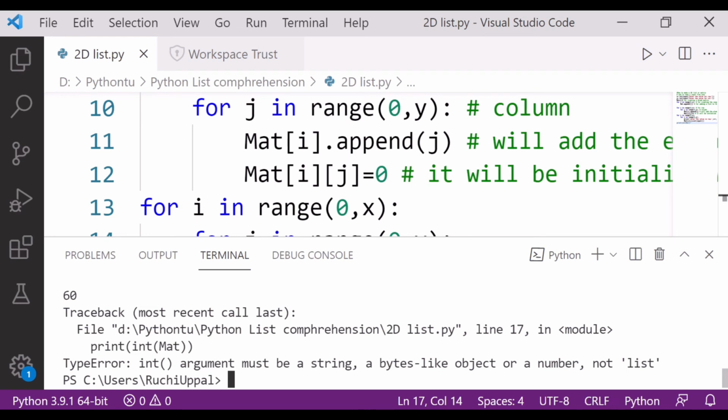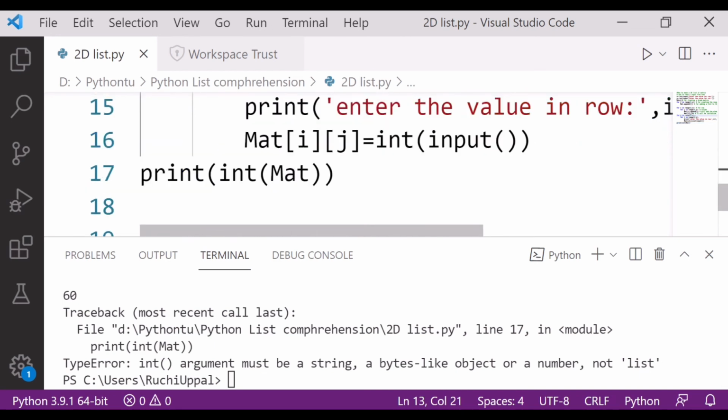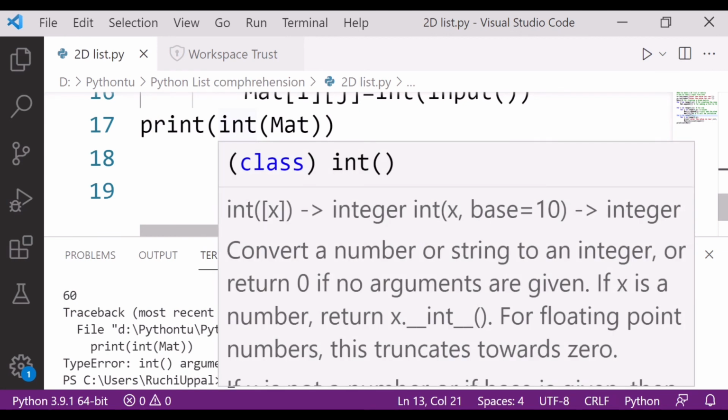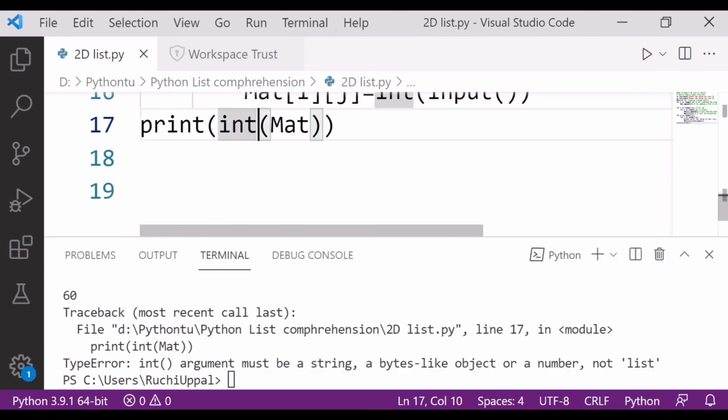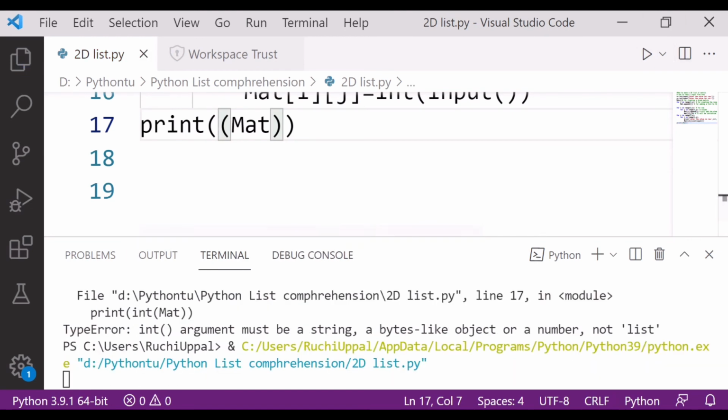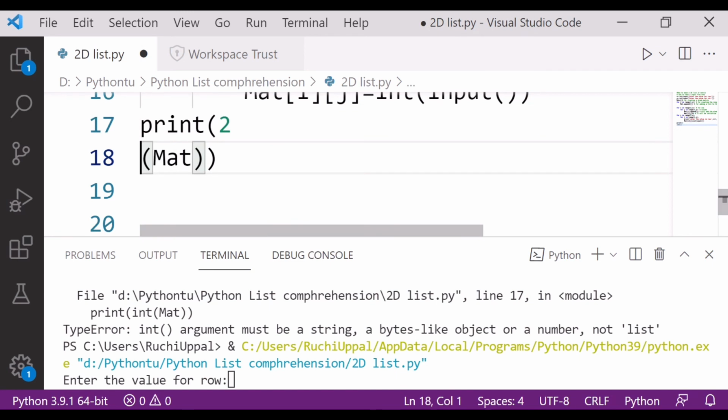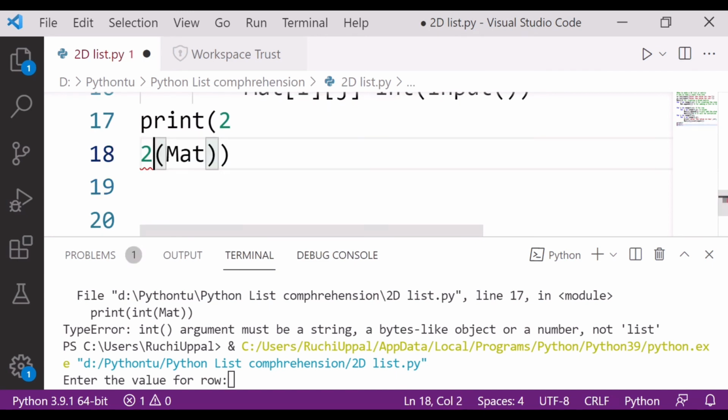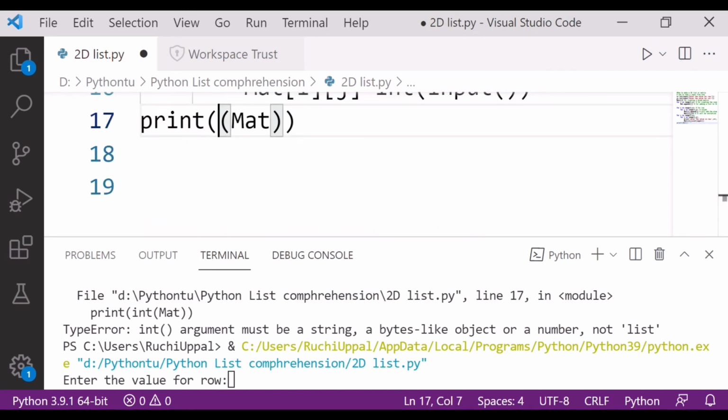Oh great, it is giving an error: integer must be a string, not list. Wait, okay, let me fix that.